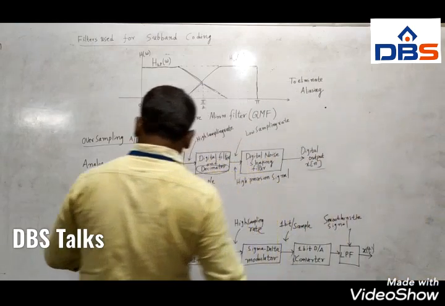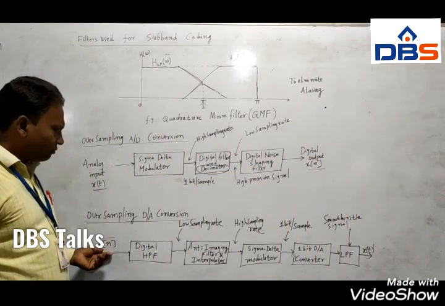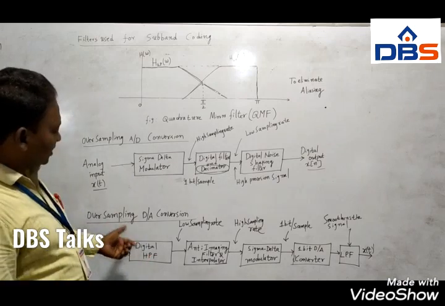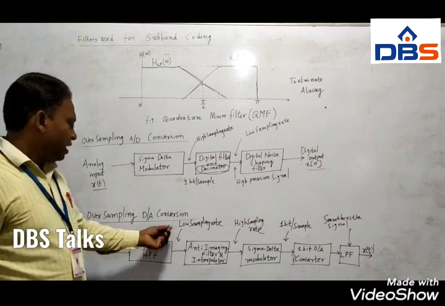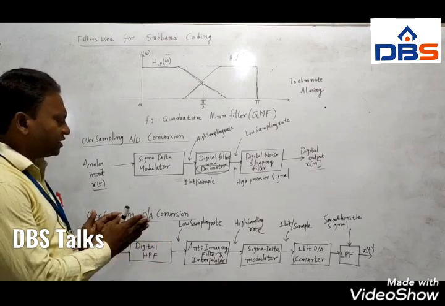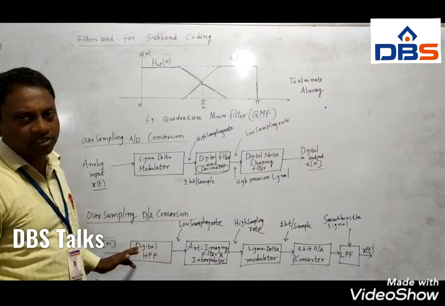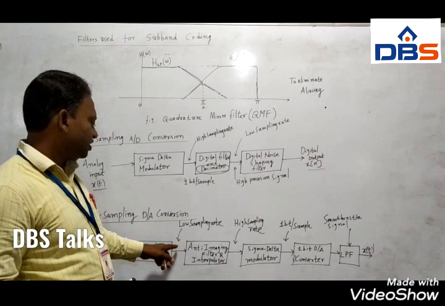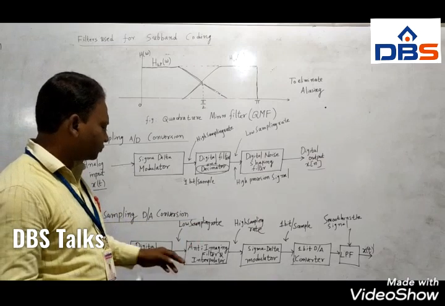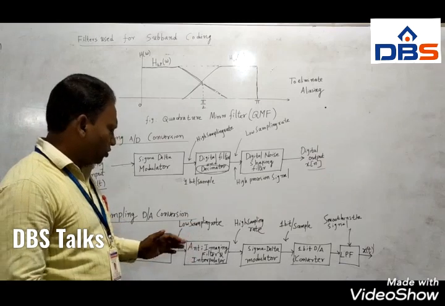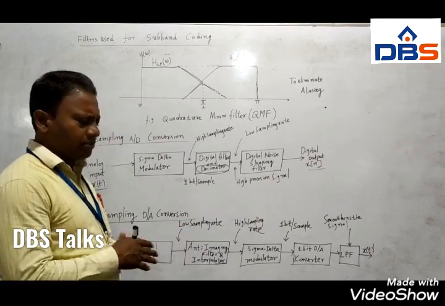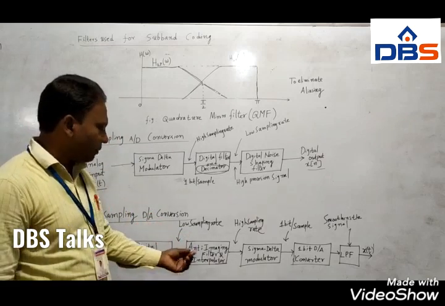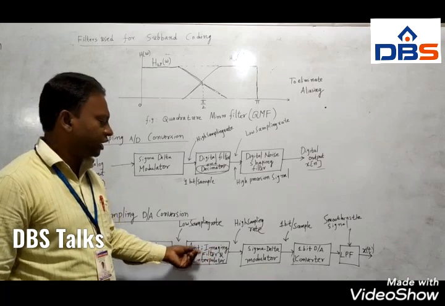Now what we do is, first we will have x[n], and x[n] is passed through a digital high pass filter. A high pass filter passes the frequencies above the cutoff frequency, and then we will have a low sampling rate, and here you will have multiple images, and those images are eliminated by this anti-imaging filter and interpolator.